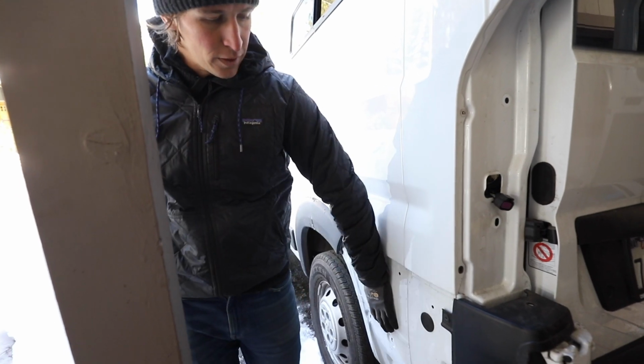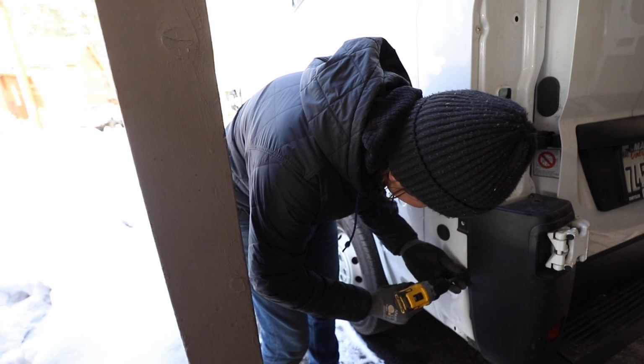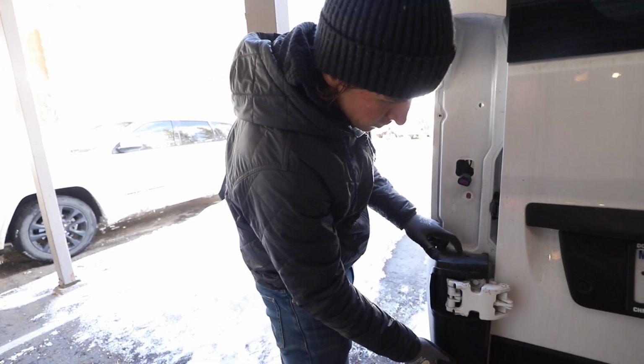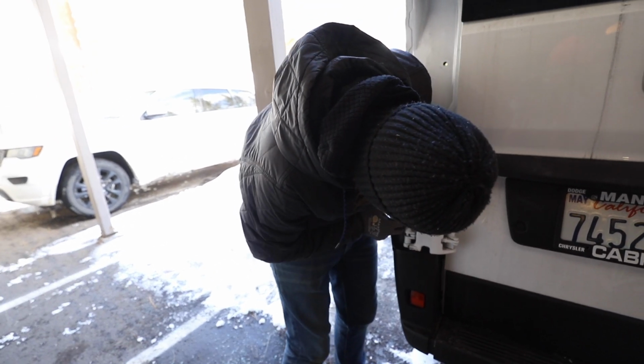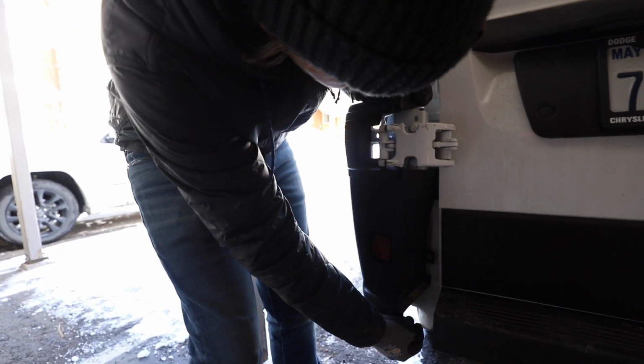And now that we took this panel off, we could access the rest of these screws here that we needed to get to. So once all the screws are removed, this guy's loose. You kind of have to pry it over this a little bit. But once you do, the whole thing